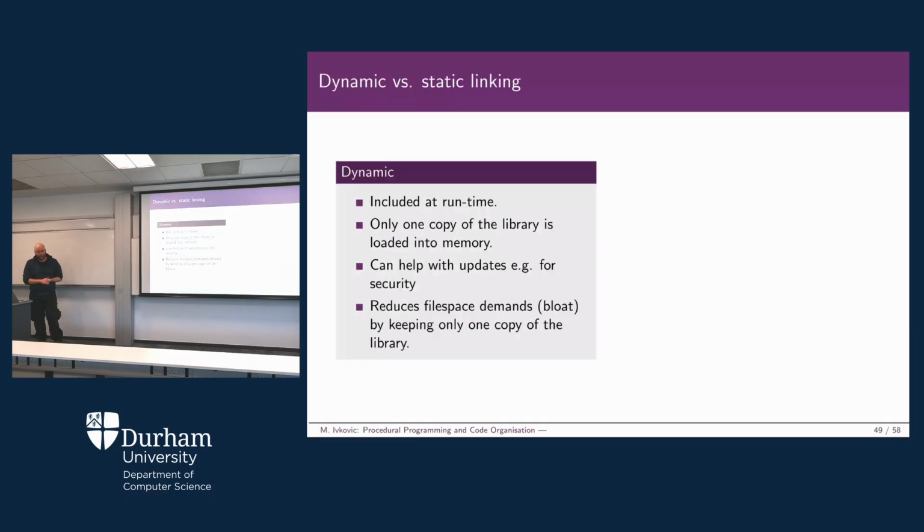So again, dynamic linking is supposed to be included at runtime. At linking time, you just tell the compiler, you just tell your linker, I will need this, this, and this function from this, this, and this library, and this is where you're supposed to find these libraries. And the linker will check that everything works out, that these functions exist, this library exists, and then it works out, right? The advantage being that, well, we